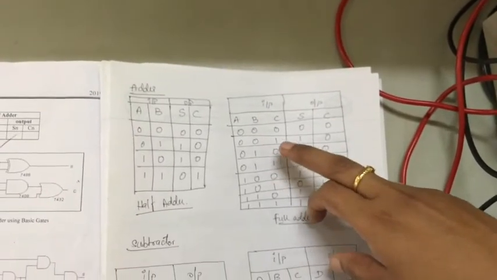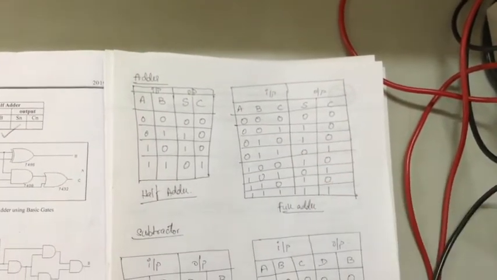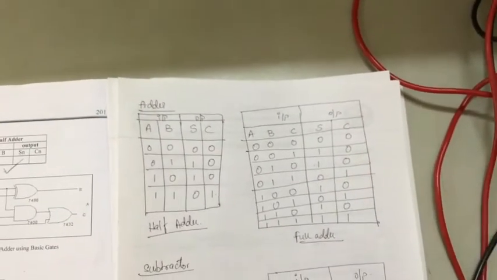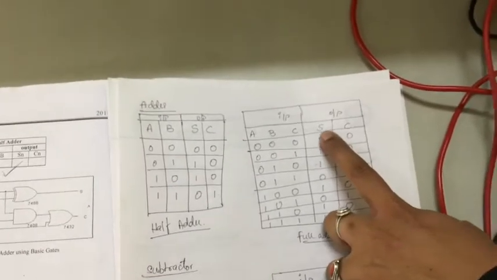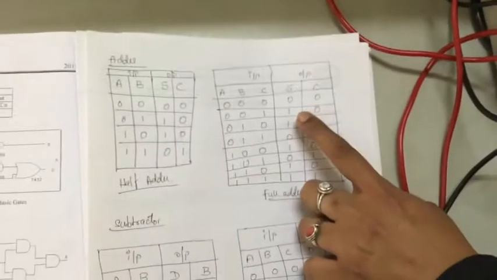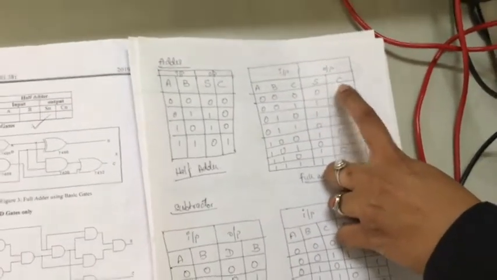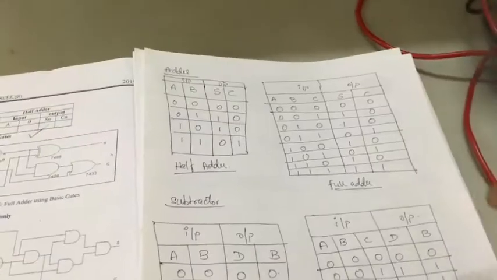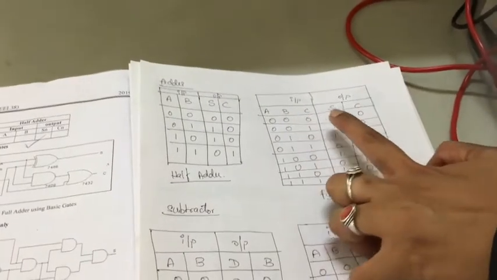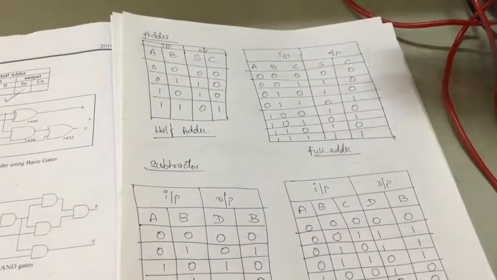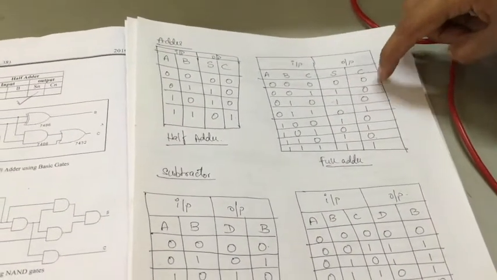As I told you previously, it can be any number of inputs, but the output remains same for adders as such. So for the adder, how many outputs? We have two outputs. One is sum and the other one is carry. So sum is when we add 0 plus 0 plus 0. So it is 0 and 0. So I have sum and carry. So 0, 0, 0, the sum is 0 and the carry is 0.